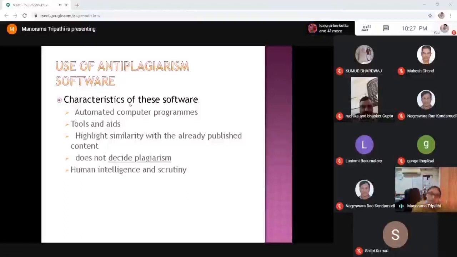So the message over here is that you don't have to circumvent or dodge the system. You have to ensure that you adhere to the basic principle of research writing and research reporting, and that is honesty. These tools are here to help you enhance the quality of your draft and your work. So these are some basic features, and this is all from my side, and I will take questions once we are through with presentations of other speakers as well. Thank you very much.